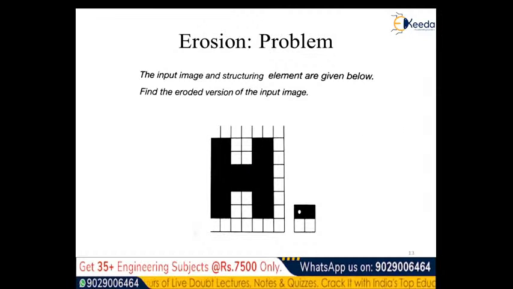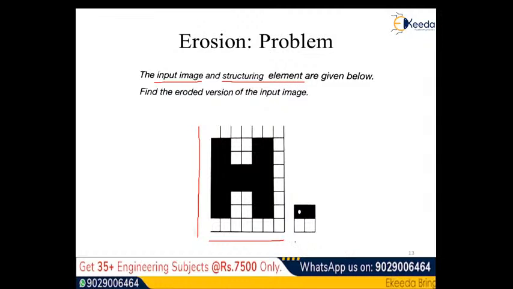So see, as per the problem statement, here we have the input image. The input image is shown like this. So these are the two dimensions of this input image, and also we are provided the structuring element here. Now you can count here: 1 2 3 4 5 6 7 8, and 1 2 3 4 5 6 7, and I think one more here. Yes. So the 8 by 8 is the original image here, and now we have the structuring element,